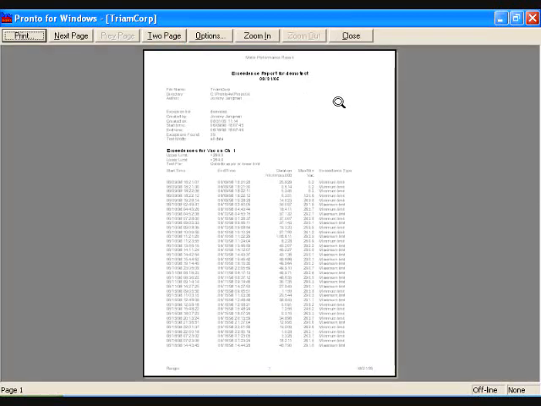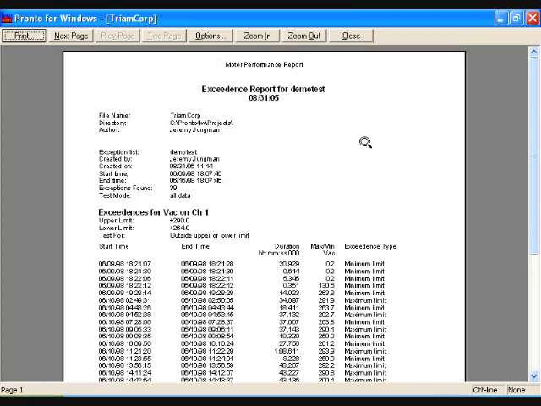we click on preview, and now it looks to your boss like you spent a lot of time here creating this report. We're going to zoom in a little bit here, and you're going to see that the exceedance report for the demo test was created on this date, and this is the company name, Triam Corporation. The author, the person doing this, I'm doing this on our engineer Jeremy Jungman's computer, and we're calling this the demo test. And here you can see 39 places where you were out of spec, and here's your